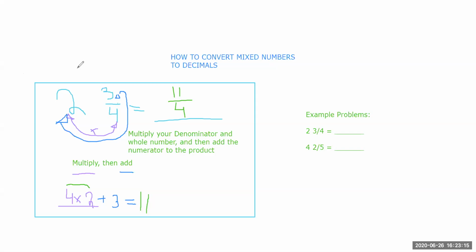Well, all we do is just change it back into a mixed number. So what you want to do is when you convert, sorry, I wrote decimals up here. I meant fractions. Let me just fix that. Okay, so I have fixed that, and I will just erase this. So to change it back into a mixed number, all we're gonna do is